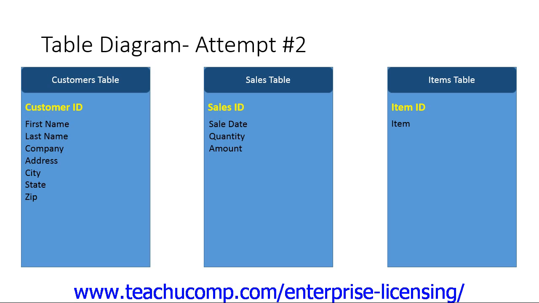file table. It's also important to note that the customer ID field, which is added to the sales table, is not a primary key of the sales table. That table already has a primary key field in its sales ID field, which uniquely identifies each sale, like a receipt number. Technically, the field in the many table, which makes a reference back to the primary key value in the one table, is called a foreign key. Its only purpose is to relate the two tables, and the values within a foreign key are almost always non-unique